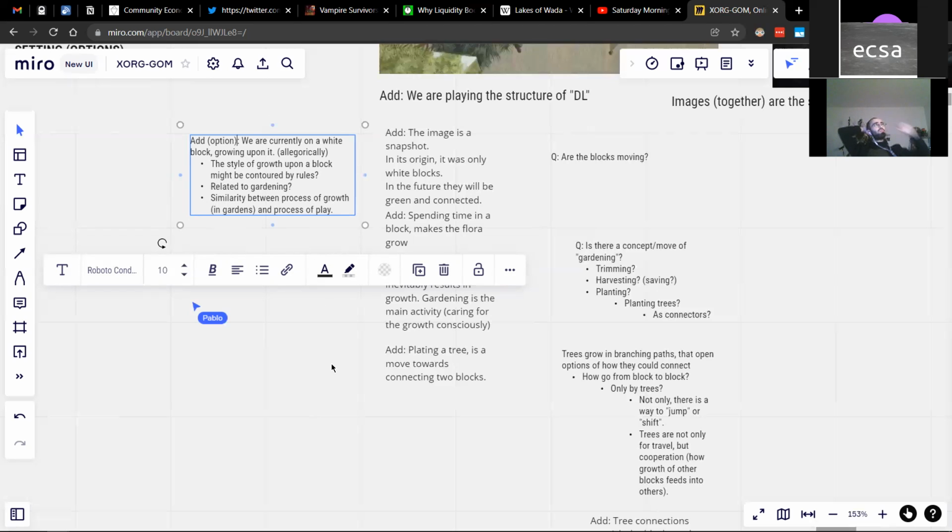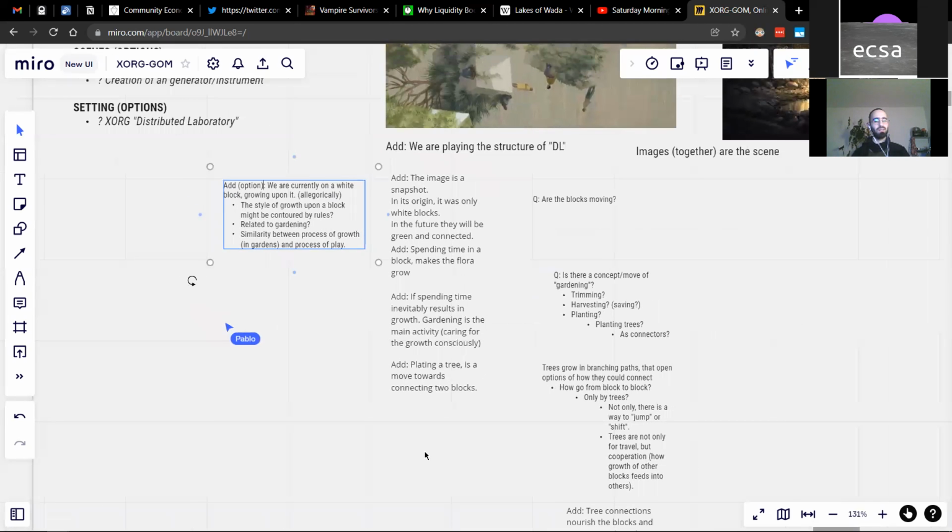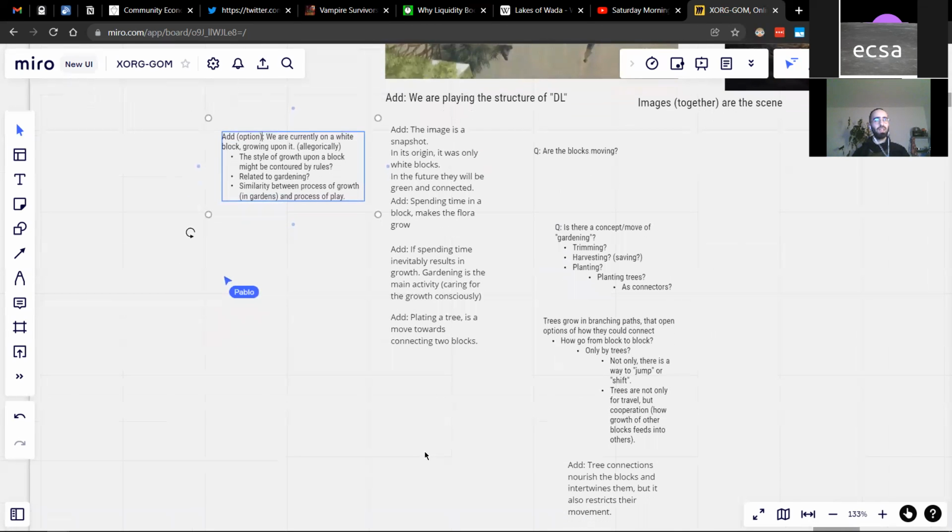I will maybe pose a question that should not be answered now, because I also want to propose a shift. The question is on the nature of the tendencies of trees, the agencies of trees. Where does it come from? The will of the tree. Is that in any way related to the participants of the distributed laboratory, or is there a will of itself? So that's my question. I will write it down.